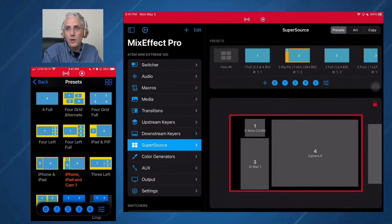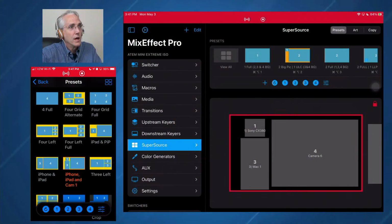Now, if I want to, I can get out of SuperSource, and I think I've got another camera live over here. So I just pressed the auto button. It just went out of SuperSource to Cam 2, which I'm currently not using in any of these. But if I tap auto again, it's going back to the rest of it. So anyway, let's go back to,